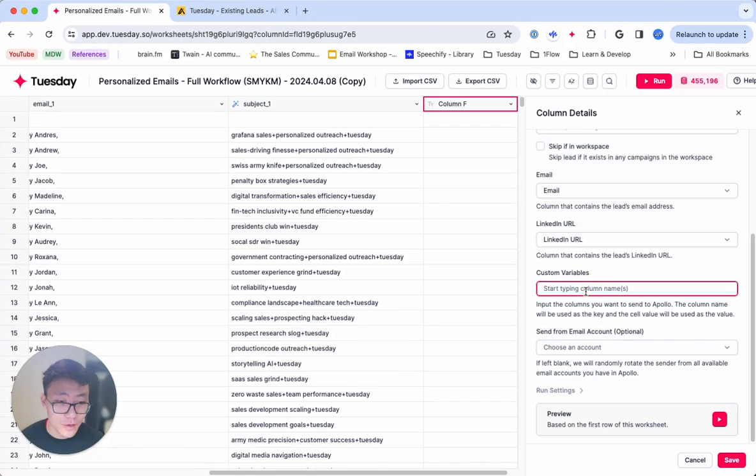Then for custom variables, this is super important because we need to basically be sending these two as custom variables, the email and the subject, because we are using both. Right, so here I'm going to select email 1 and then subject. I'm going to select subject 1. So these are not linked. What this means is basically